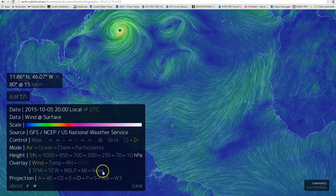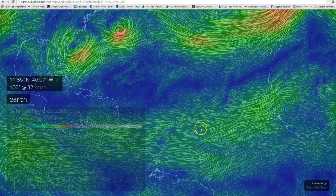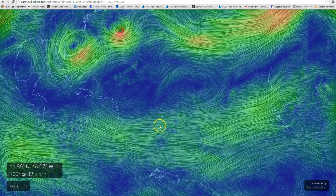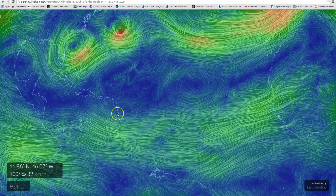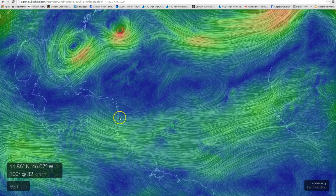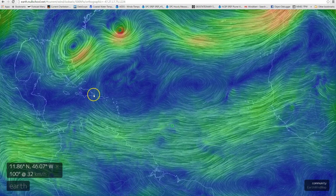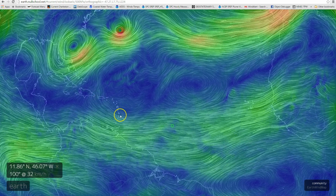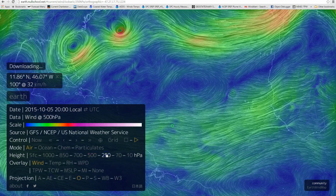And as we go up to the 500 millibar level, this is 18,000 feet, we'll probably see what the easterly trades are doing with this at the mid-levels. You'll see the track keeps this going west as a steering pattern across the leeward outer islands, and then eventually it could follow this path right along the easterly trades and head west-northwest towards Cuba or the Dominican Republic, where it would get sheared apart. Now, if it makes it that far,